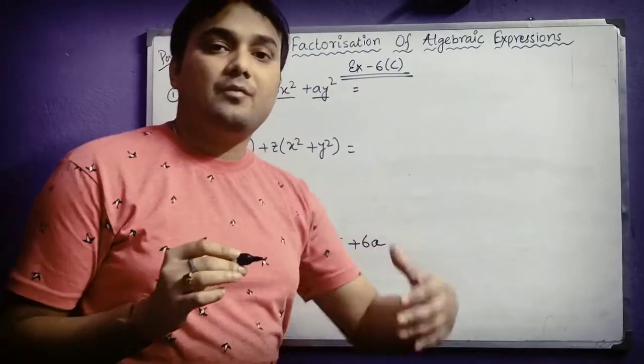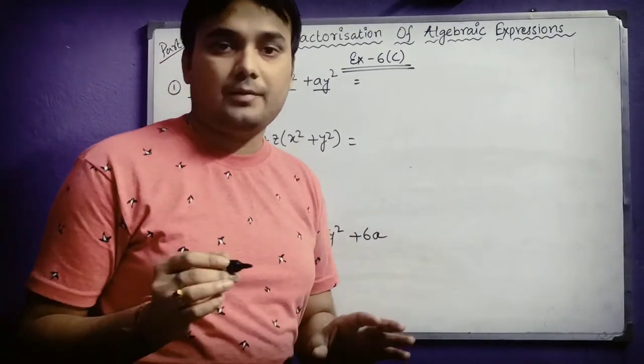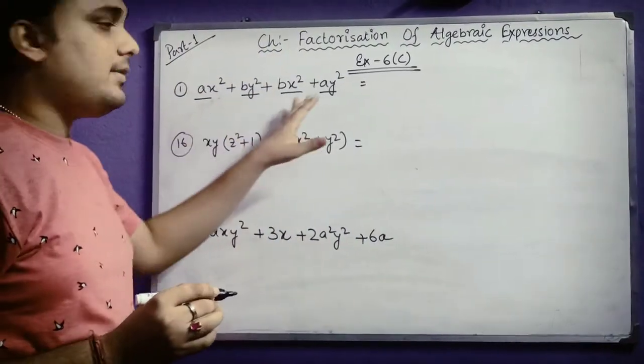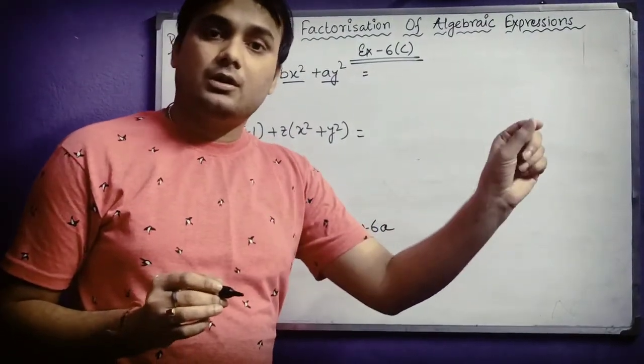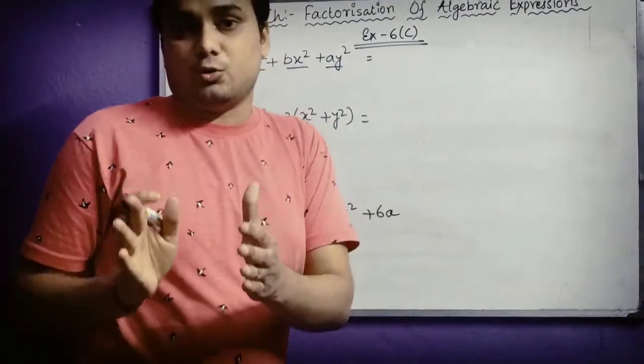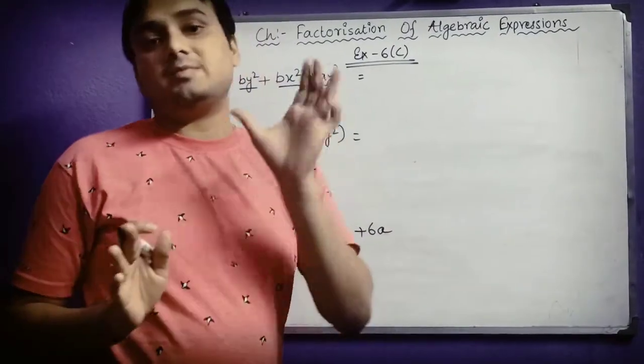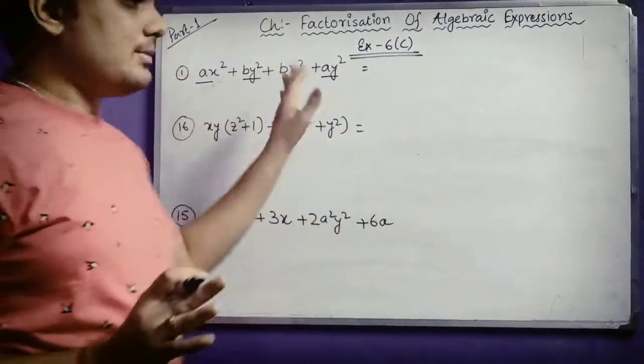That group can be of 2 terms and 3 terms also, okay? But here, definitely, if there are a total of 4 terms, your group should be of 2 terms. There will be two terms in each group. There will be 2 groups and 2 terms in each group. That means total 4 terms are there.